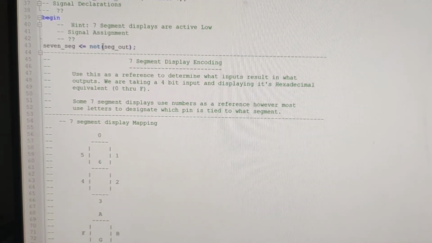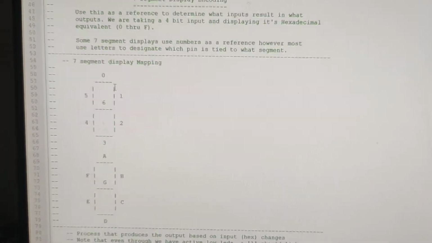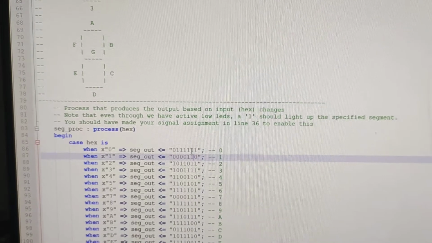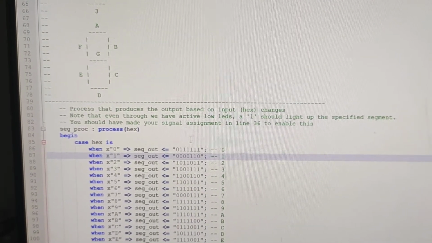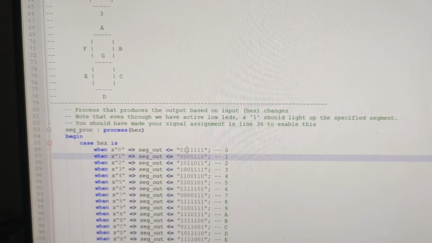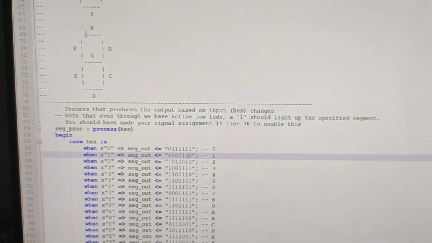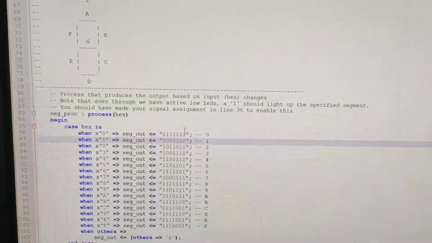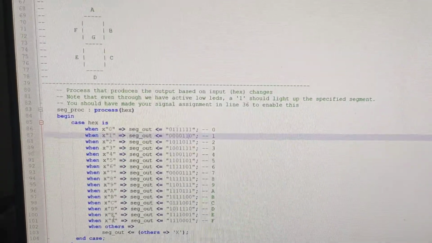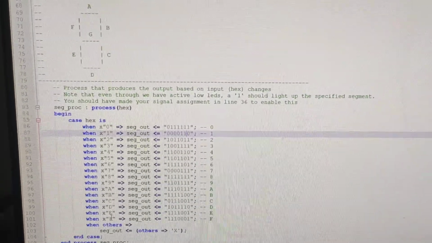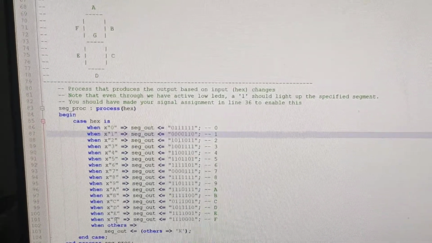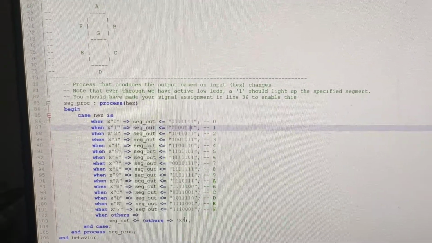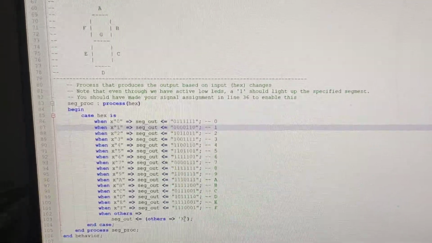So we have complemented our seg out, so what we display here we will see as the opposite on ModelSim, because we have negated it since they are active low signals. For our understanding we have mentioned it as 1, but internally it gets back to 0. For hex, to display on a single LED display we can go from 0 to F. We have taken care of all of those, and the rest is don't care.